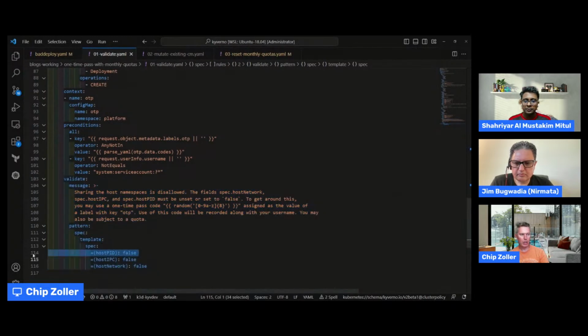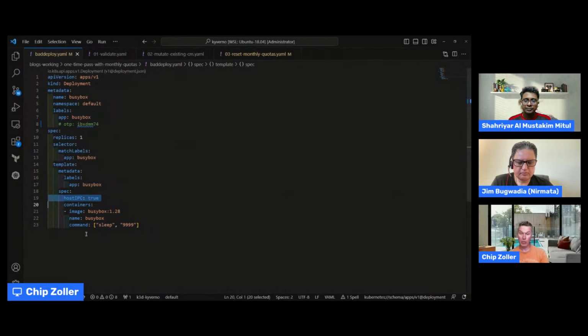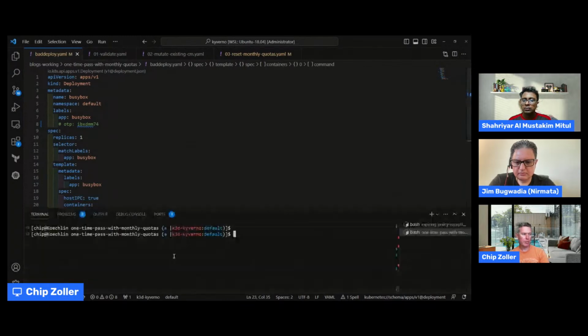And you can see here that this is the one that requires that host namespaces are not used. So any of these values, if they're specified, they must be set to false. And for this test, I'm using a, quote, bad deployment. And it's bad because we're setting host IPC to true. So normally this would be rejected by the policy, but we want to use a one-time passcode to be able to circumvent this. So in order to drive this system, we have a config map